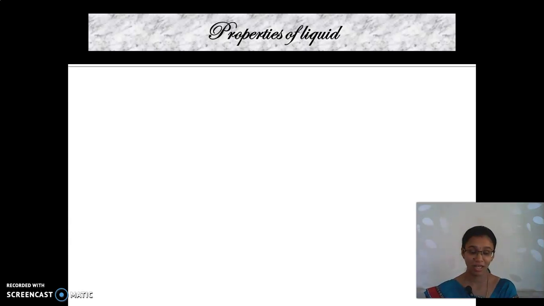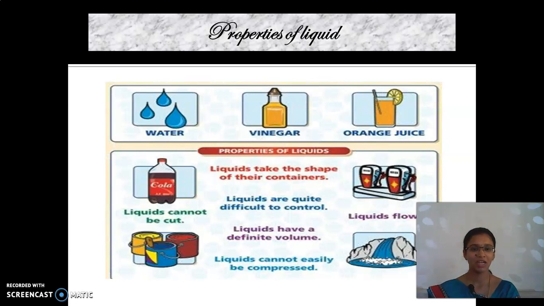Now we are going to see the properties of liquids. Tell me some examples of liquids: water, vinegar, juice, paints, etc. What is the first point? As I said, solids have fixed shape and volume. But does water have any shape? No. Liquids take the shape of the containers in which they are placed. If you pour water into a water bottle, the water takes the shape of that bottle. If you are pouring it into a glass,